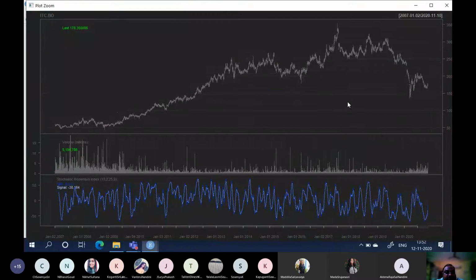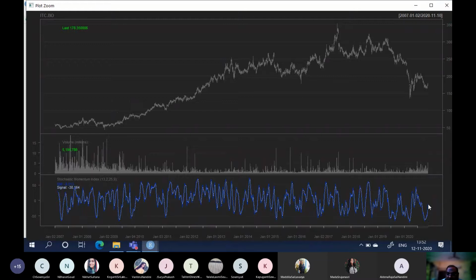Guys, the blue line, SMI line, is above the white line. You can see, right? And it is in minus territory. It is in minus 40 territory, 0 to minus 50 territory, right? So it has not even touched the 0. So what should you do? Look at it, this line is 0. So it is in negative territory now. It went down to minus 40, which is your overselling.